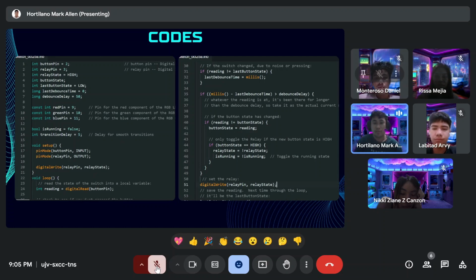For the loop function, we handle debouncing of button presses. Reading is equal to digitalRead button pin, which reads the current state of the button. If the button state reading differs from the last button state, last debounce time is set to the current time. If the button state has remained stable for longer than the debounce delay, it is treated as a valid press. If the button state changes to HIGH,